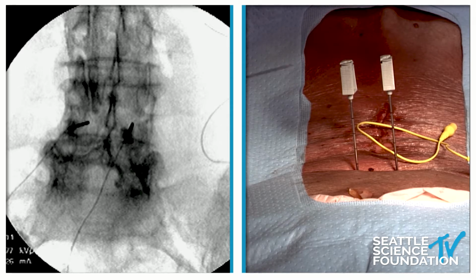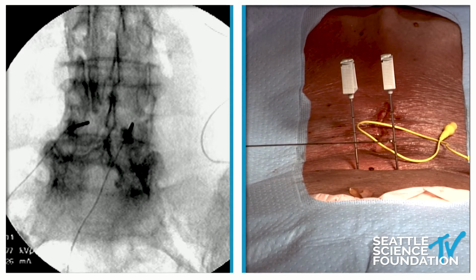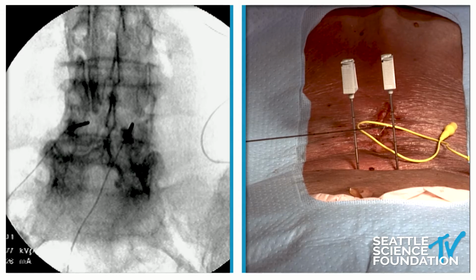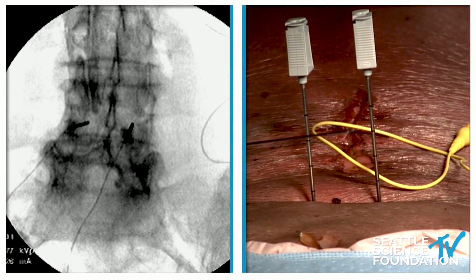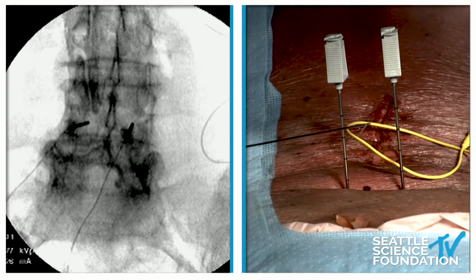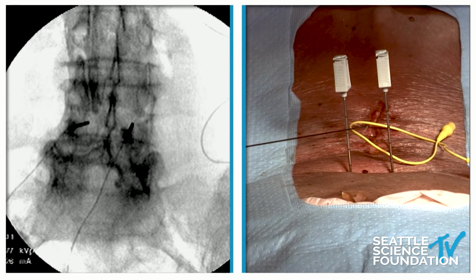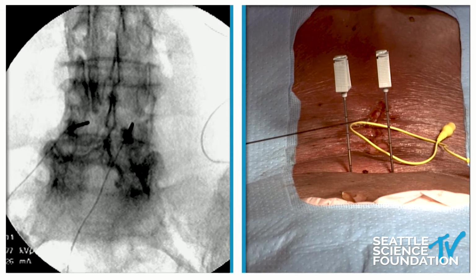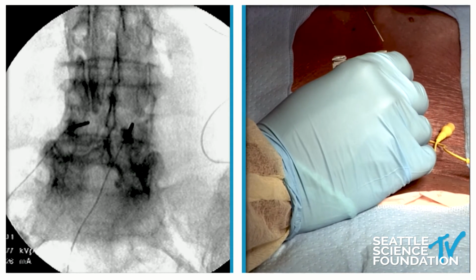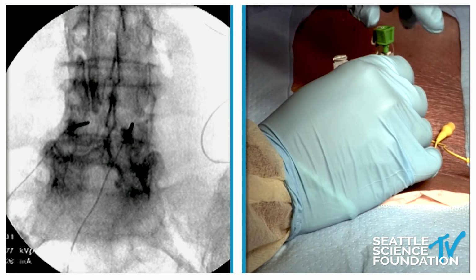which have been preloaded, and what we'll show you again under the camera, if you can see that, there's a little tine coming out, or a hook. This is the anti-migration piece of this particular technology. You heard with SCS, DRG, there are anchors we place. With this particular therapy, there's that little hook at the end. So as long as we get that out, it catches on the tissue, we pull everything out, and it just stays right where it's at. And really, it doesn't move. I have a patient who, off-label, is going beyond the 60 days, and it's just not moving at all. We've been checking periodically. Now, the on-label use for this particular therapy is for 60 days of therapy. And the reason for that is really just a concern about infection, but as I mentioned, that risk is extremely low. So then what we'll do is we'll just hold on to the cannula, we'll drop down the lead, and